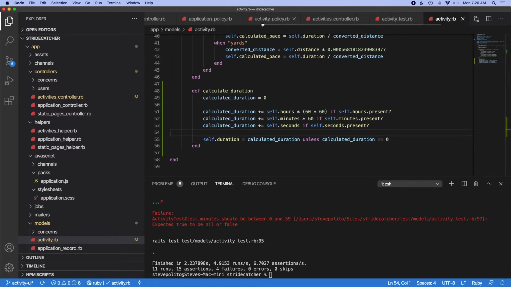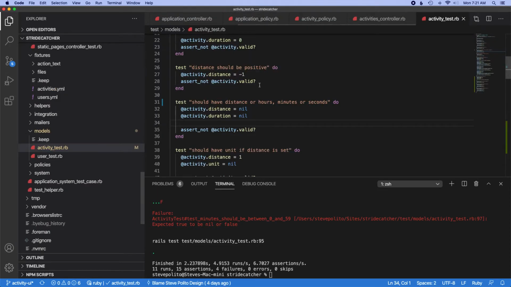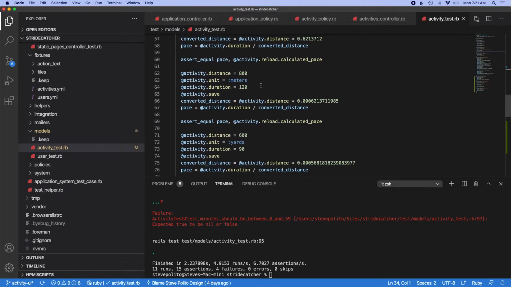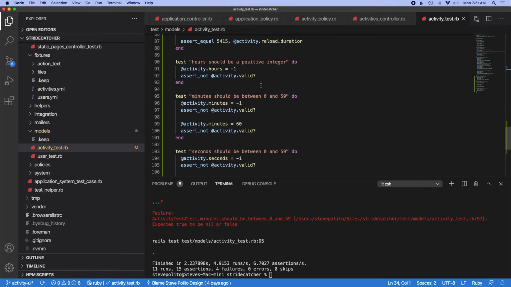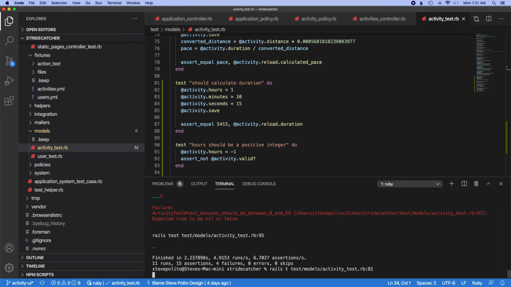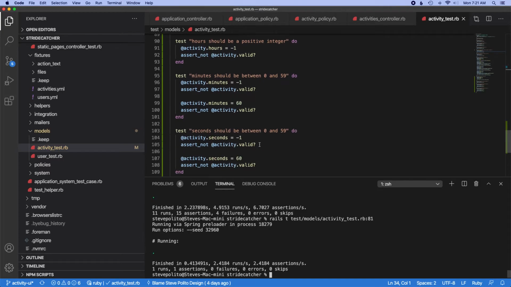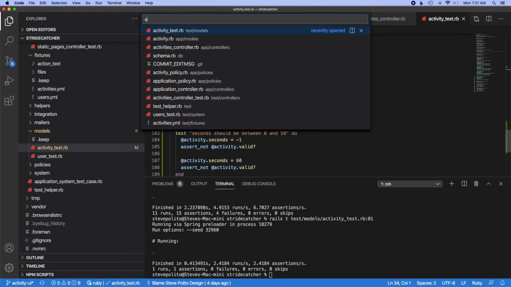So let's isolate that test right here. So where is it? 81. Let's just see if this passes. All right, so that passes, but then the rest of these are going to fail. So let's go in here and